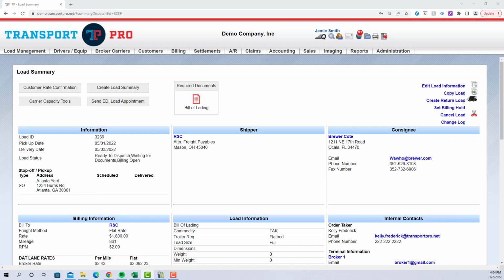This video shows you how to handle a split dispatch in Transport Pro. Many asset companies need to handle scenarios where one driver picks up a load and drops it at the yard, and then another driver picks it up and delivers it. When you're doing a split in Transport Pro, that means you will have two dispatches or two dispatch records assigned